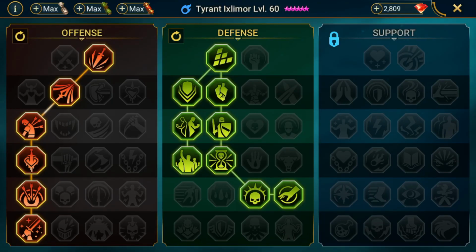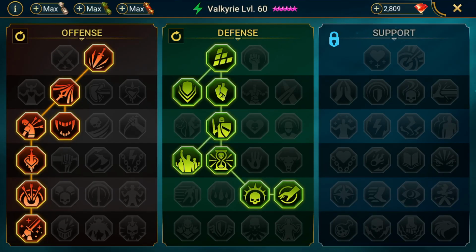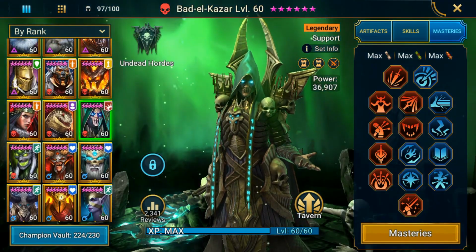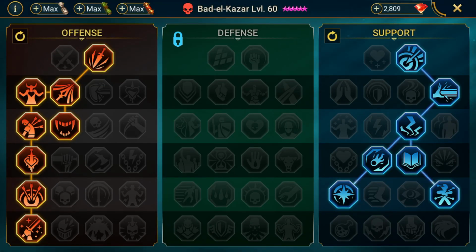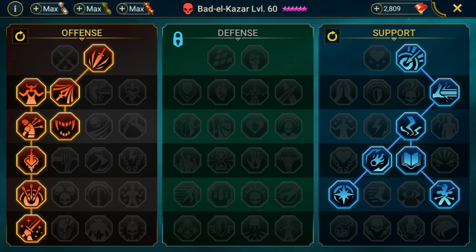Tyrant also got War Master. And then we got Valk. The only character that sticks out is my Battle Kazaa, since I'm using him for a lot more things than just the clan boss. So I expect him to support and offense. And there's one reason: Lasting Gifts, to actually make his heals last longer. I might try to defense spec him sometimes just for clan boss to see if he can last longer. I don't know, but